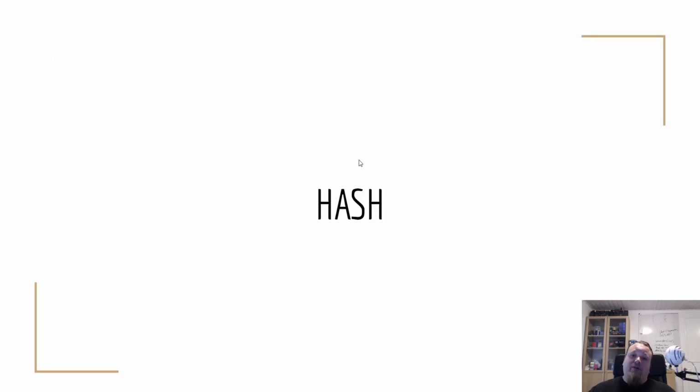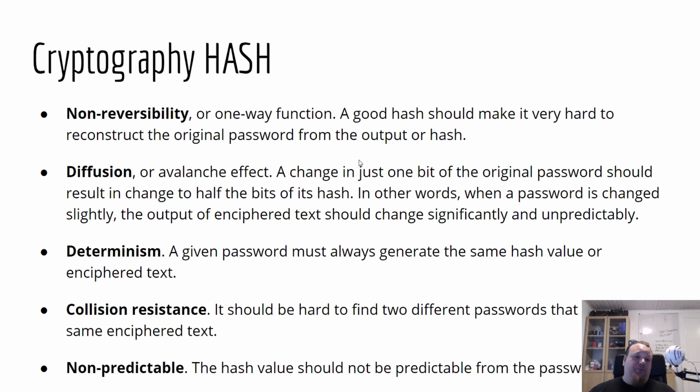So let's talk about hashing in more depth right now. When talking about hashing, there are different terms we should talk about. The first one is called non-reversibility. What I just told you about a hashing algorithm, or the hashing function, or just hashing in general, is a one-way function. So you can encrypt the word hello one way, and what you get is not something you can use to go back to the original